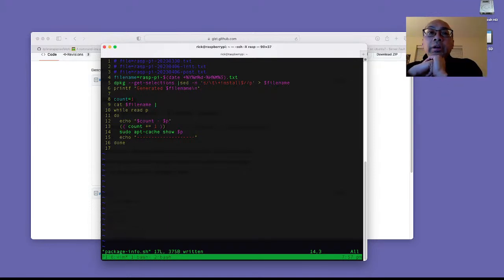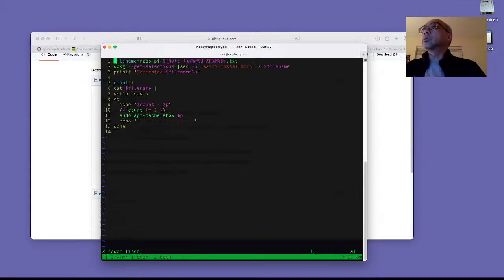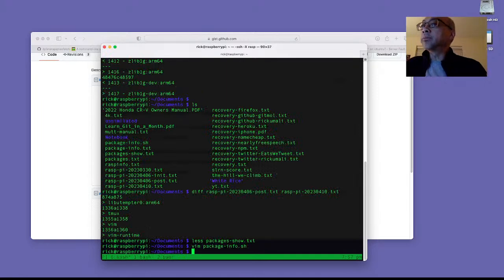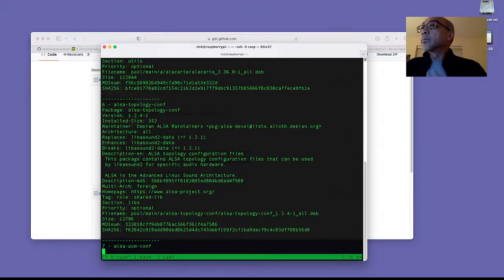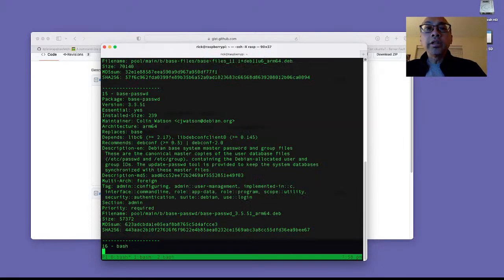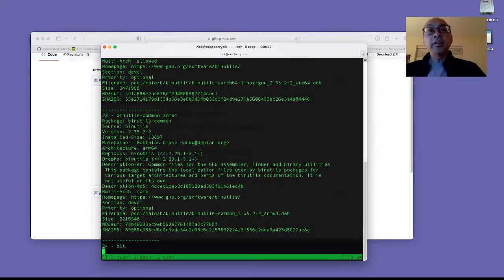But I think for purposes of the way this script runs, let's do it this way, and just start it like this. There you go. So now we're going to take a look at every single package that is in our Debian